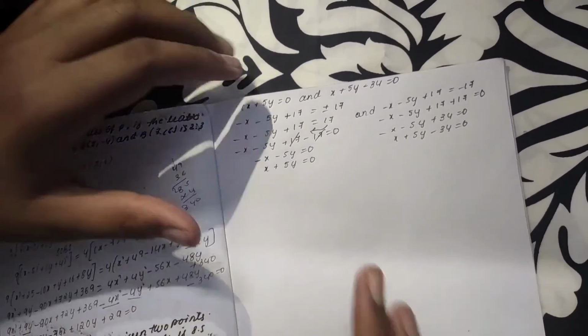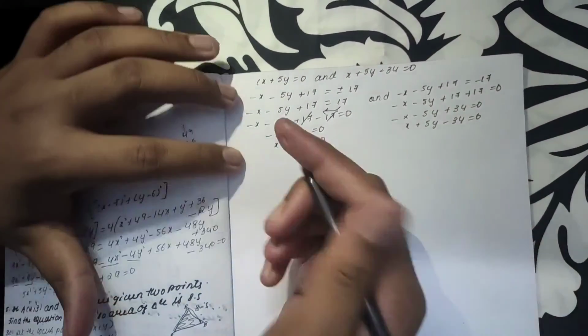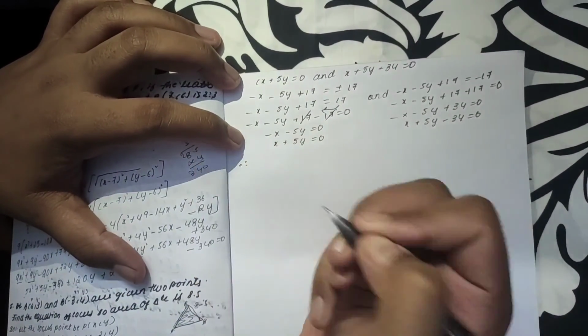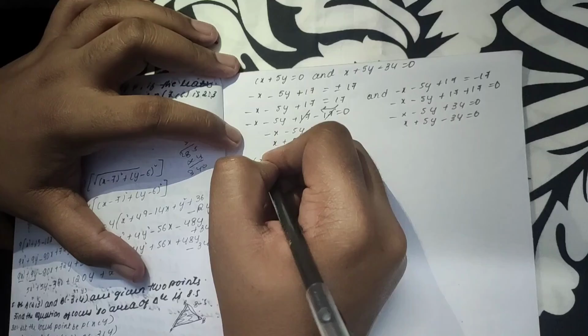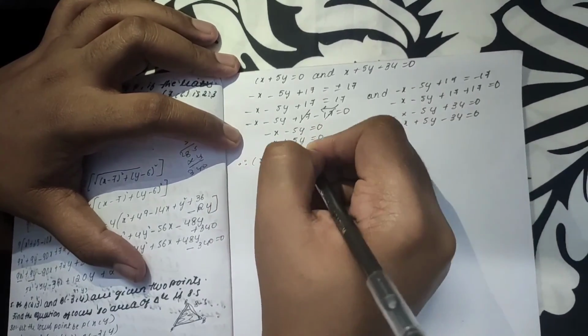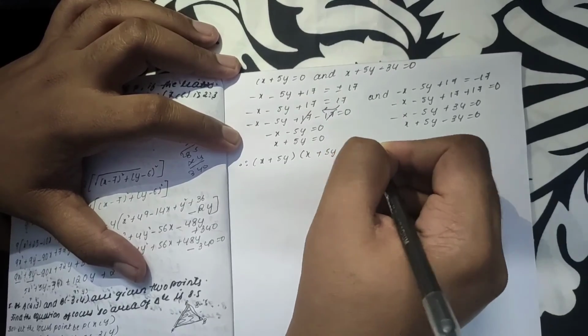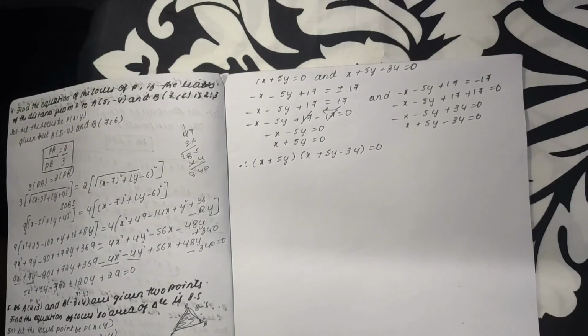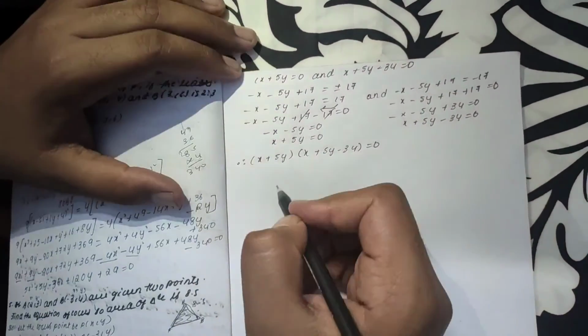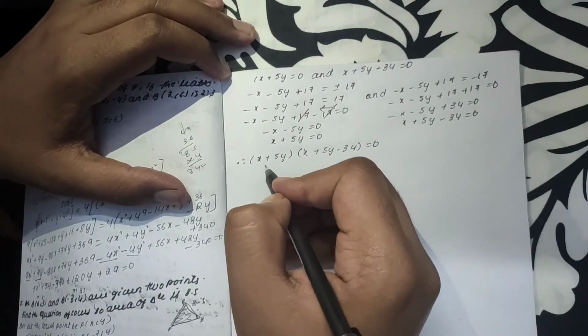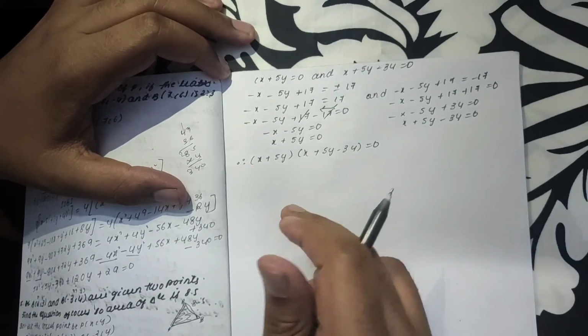So you have got two equations. Therefore the required locus equation is (x plus 5y) into (x plus 5y minus 34) is equal to 0. That's proved. After the sum you can even multiply inside and write the answer, or else